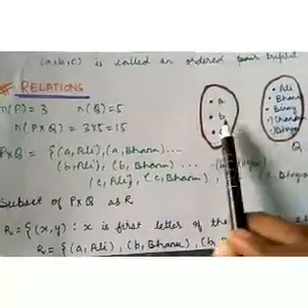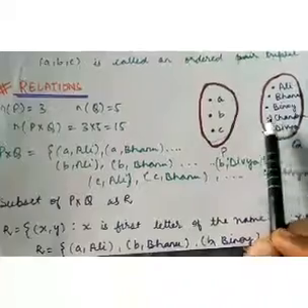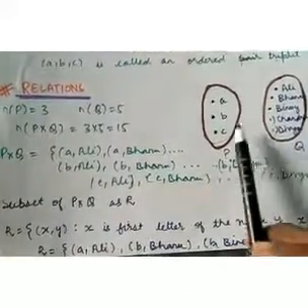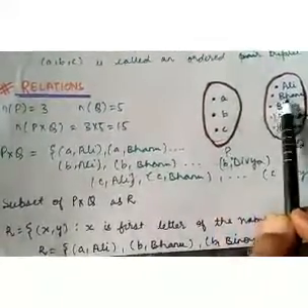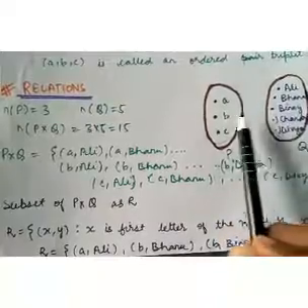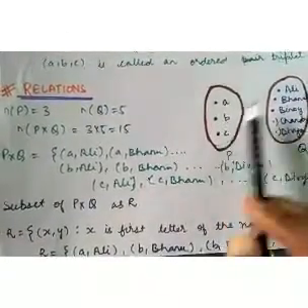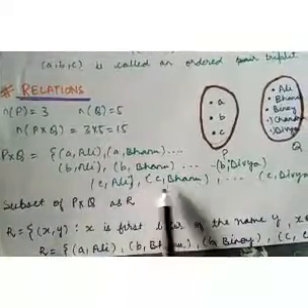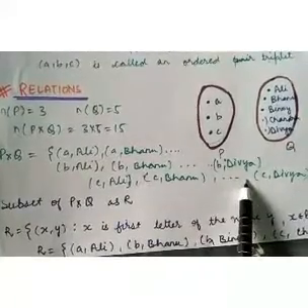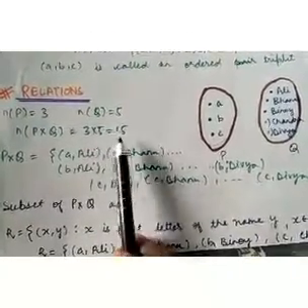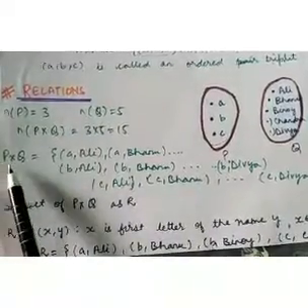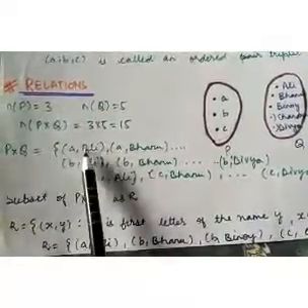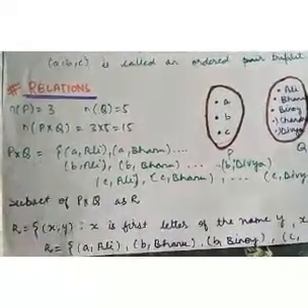Now we will write all the possible ordered pairs from the Cartesian product of P cross Q. How will we write it? A Ali, then A Bhanu, A Binoy, A Chandra, A Divya, and then next B Ali, B Bhanu, B Binoy, B Chandra, B Divya, and so on. Similarly, C Ali, C Bhanu, C Binoy, C Chandra, and C Divya. So like this, we will have a total of 15 ordered pairs in the Cartesian product of P cross Q. Therefore, these 15 ordered pairs belong to the Cartesian product P cross Q.